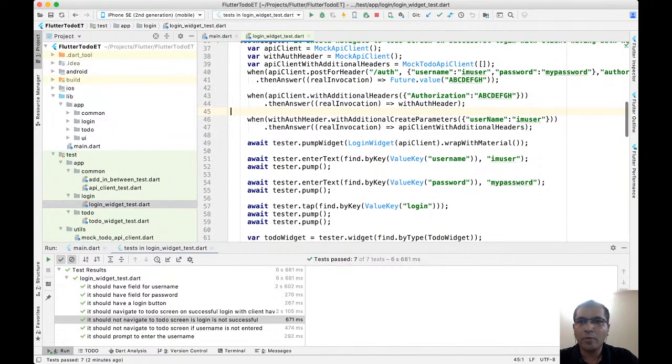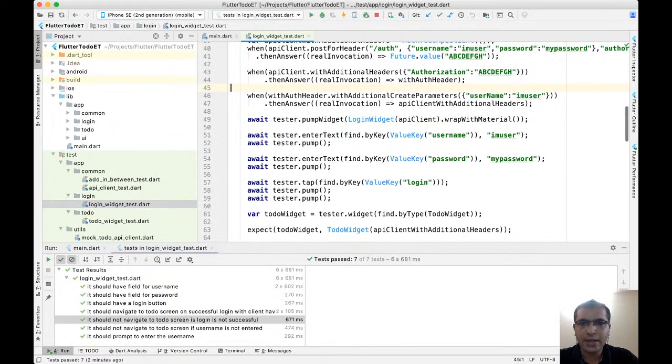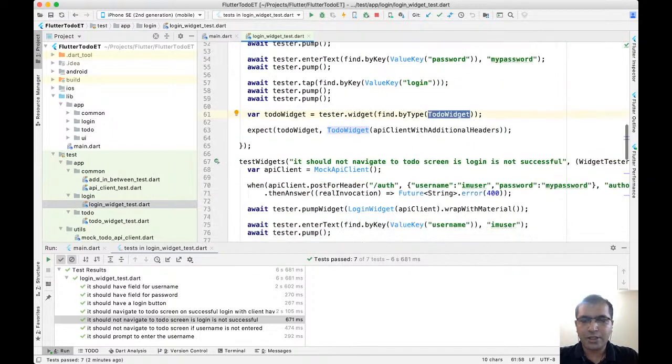I'm adding a few more parameters that will be used in the subsequent requests, and towards the end I'm checking if, instead of the login widget, the screen now has the to-do widget. So that's primarily the structure.